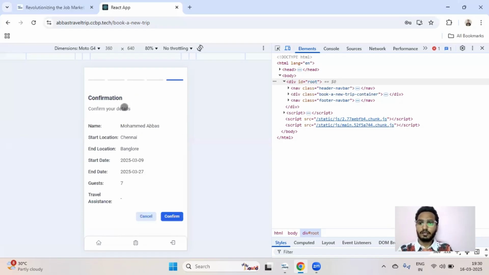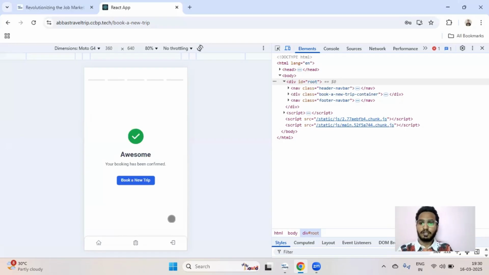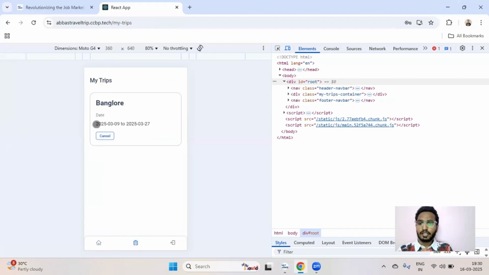See, now we are having this confirmation view: name, start location, end location, start date, end date, guests, and this travel assistance. We don't need any travel assistance, so it is empty. Now if I click this confirm button, this confirmed message view we can see here. Okay, and if we go to my trips, now we can see this